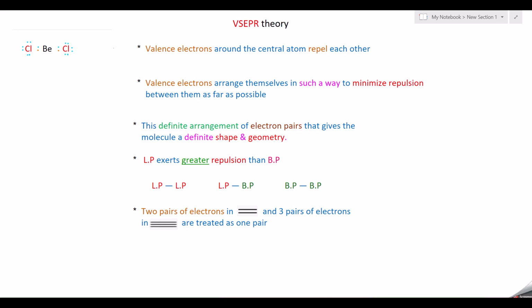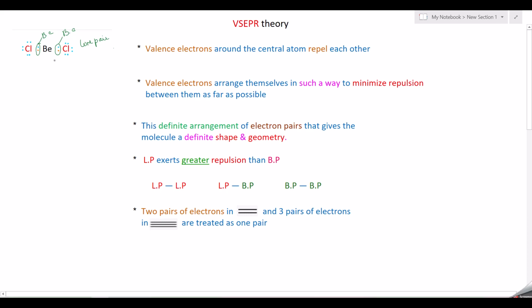Here these two electrons are shared between beryllium and chlorine, so they come under bonding electrons. And these electrons present on chlorine are called non-bonding electrons, otherwise called lone pairs of electrons. The Lewis dot structure depicts the presence of bonding and non-bonding electrons on each atom in a molecule,